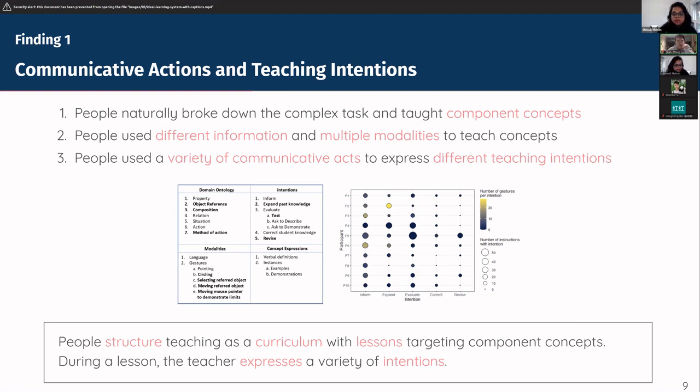And then we also saw almost a curriculum just fall out of this experience, right? She had first thought about, well, I'll teach the objects first, then I'll teach relationships, then I'll show examples of walls, then I'll show an example of a single color wall, then I'll show an example of a multicolor wall, then I'll try to get the robot to actually build things. So she had organized all these interactions in a curriculum plan that she was following, and then she was adapting